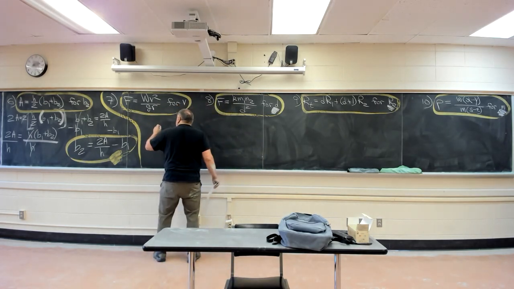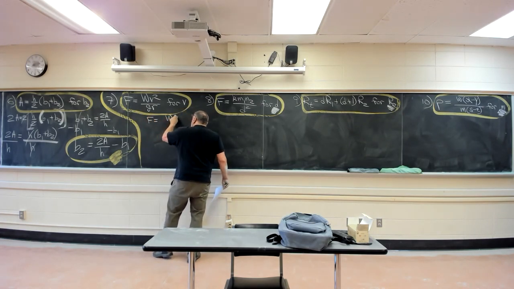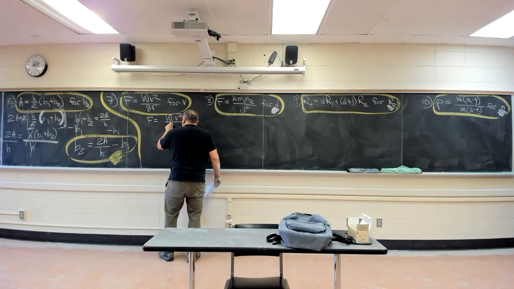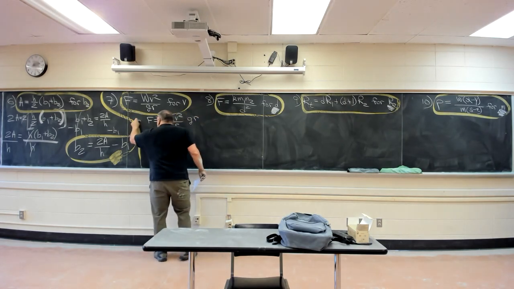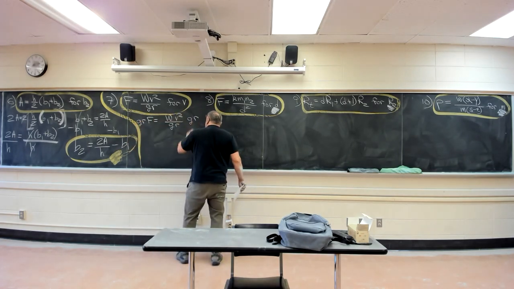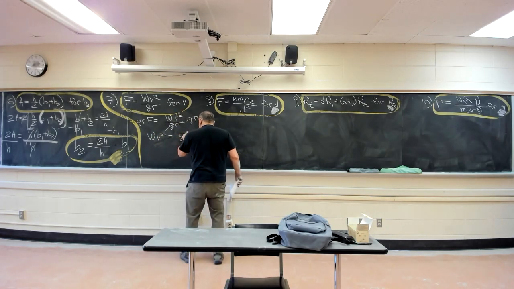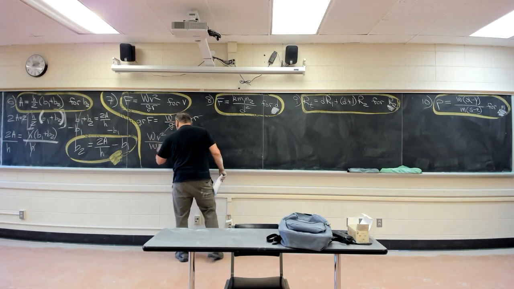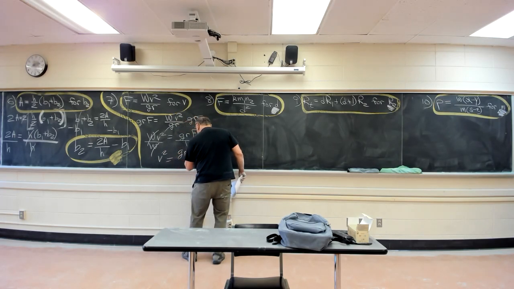Solve for v. What I do with this one would be, let's get v squared by itself at least. Why don't you multiply by gr on each side. You get w v squared equals g r f. Divide by w on each side. You get v squared is g r f over